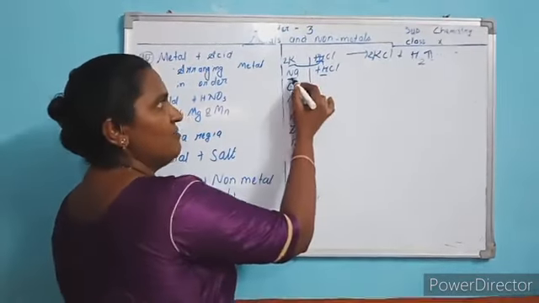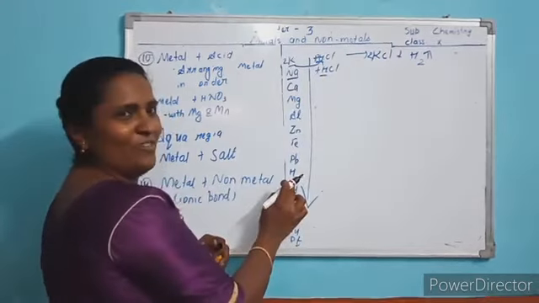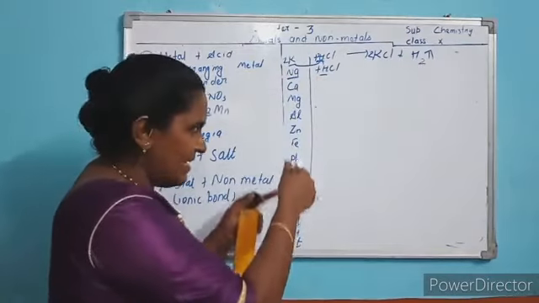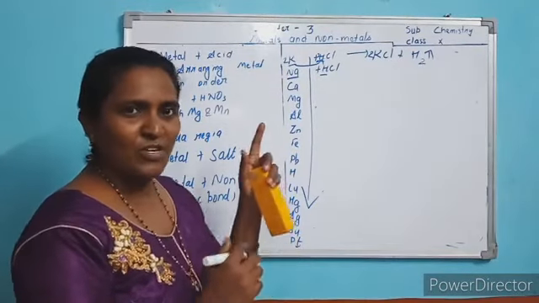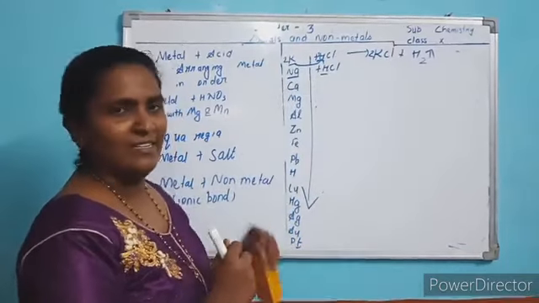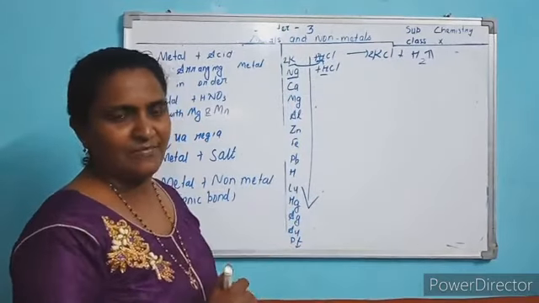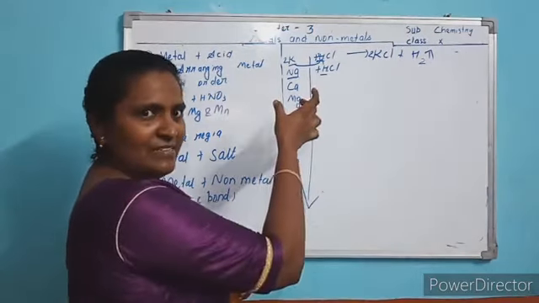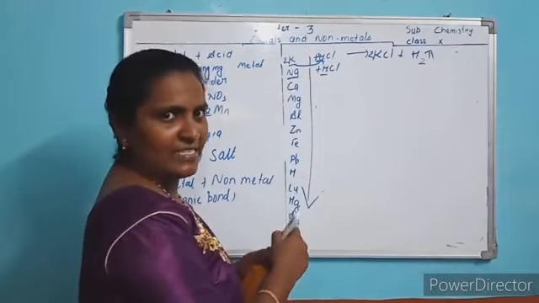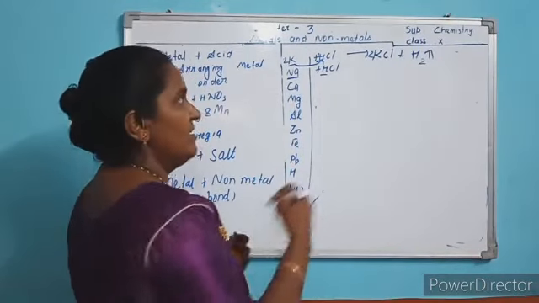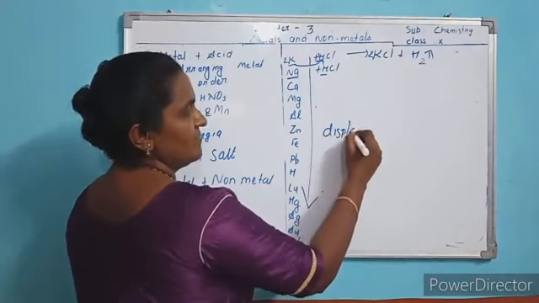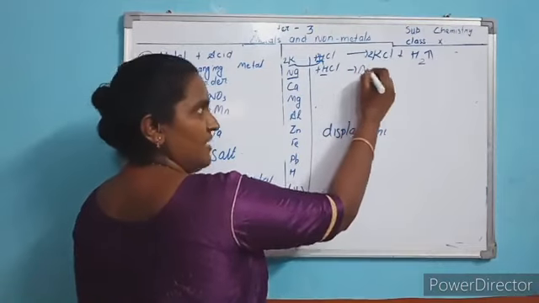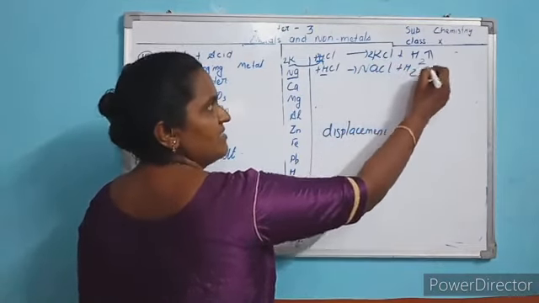What will happen? Sodium metal. You look at the metal. It is top. Hydrogen is lower in the series. Sodium is at the top, hydrogen is at the base, down in the series. That means hydrogen is the less reactive element. So the highly reactive element displaces the less reactive element. Displacement reaction occurs. So in hydrogen's place you write Na: NaCl plus hydrogen gas. Okay.